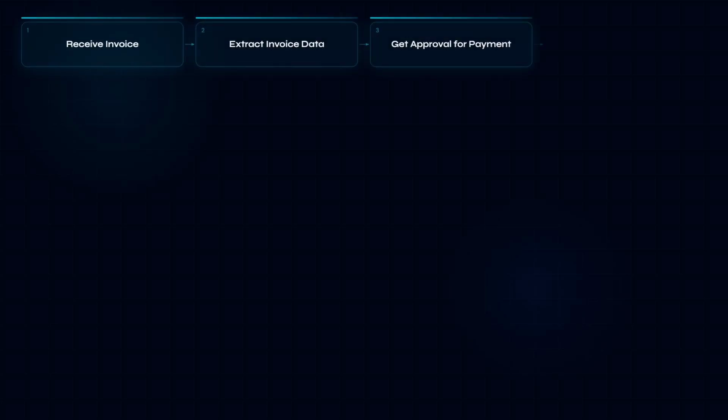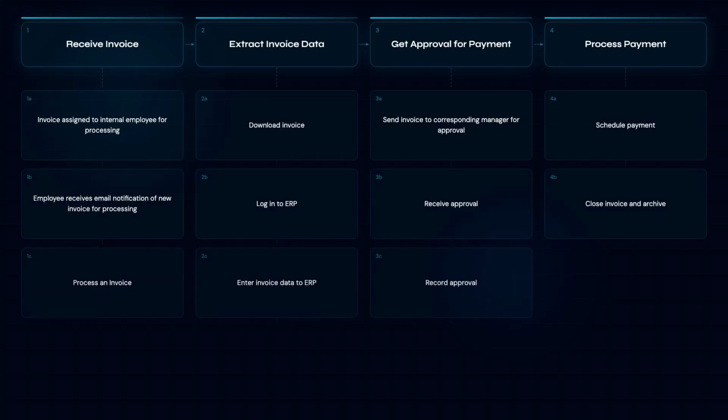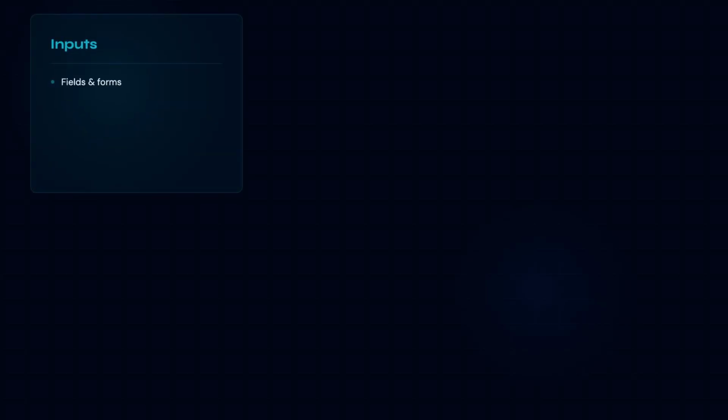So in our invoice example, the high-level tasks might just be receiving an invoice, then extracting information from that invoice, getting approval for the payment, and then finally processing that payment fully. But again, we need to go 1 or 2 levels deeper here. And as you can see, each step is going to have multiple subtasks and multiple subcomponents for each. Now, how does this actually help us? Well, once we have a detailed map, we can get really granular on the inputs, outputs, and requirements for AI solution. So you'll want to look at inputs, which is